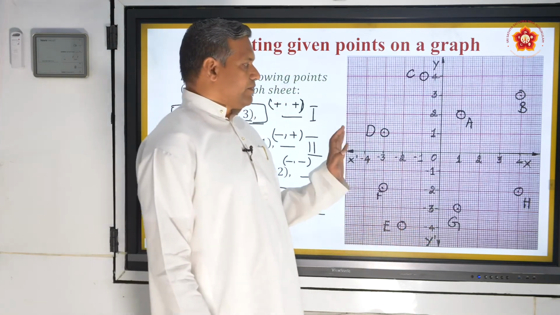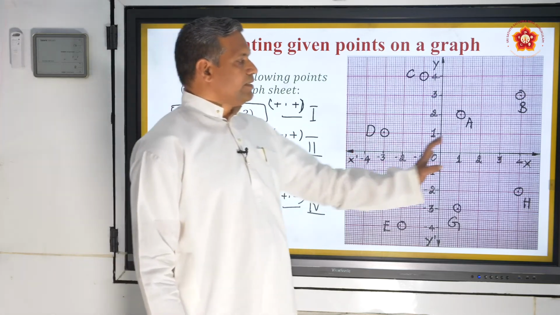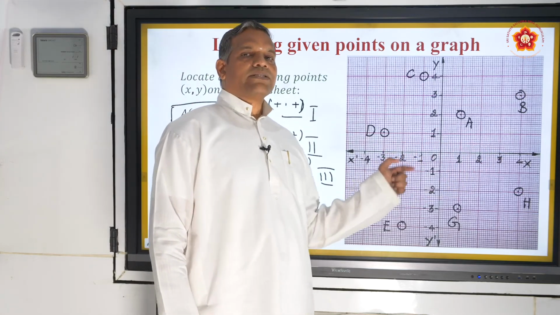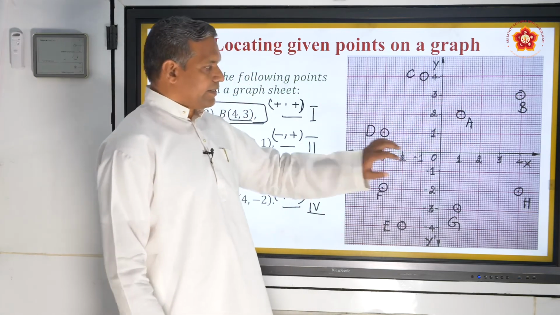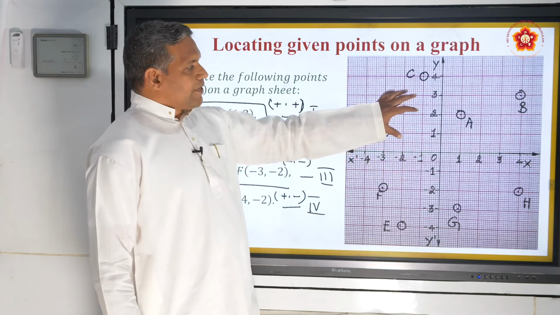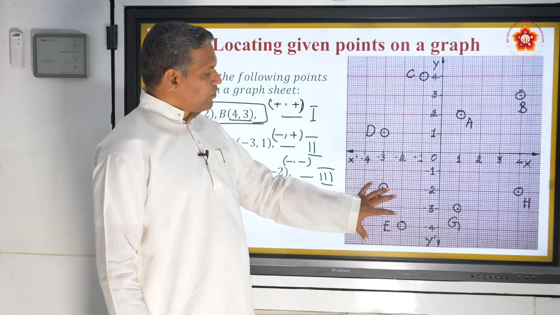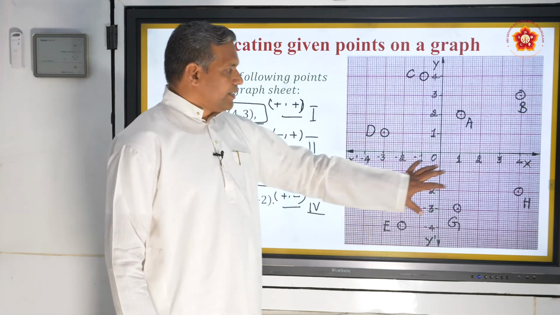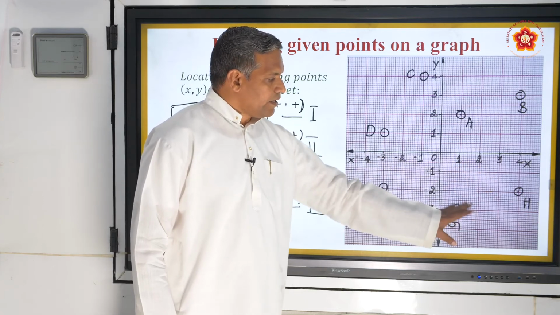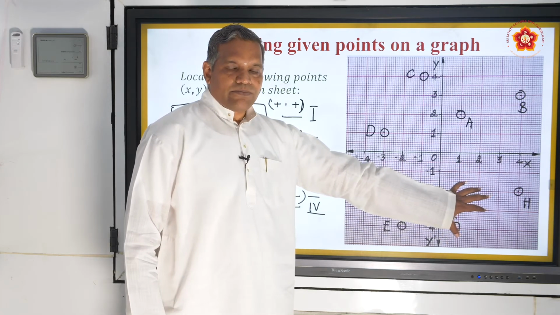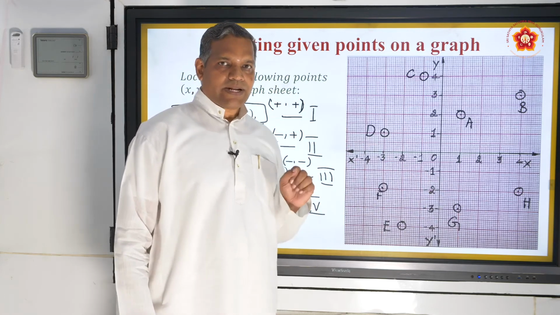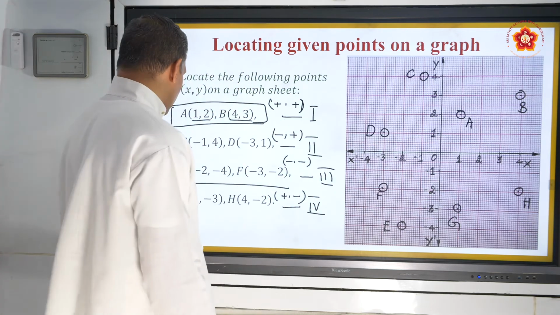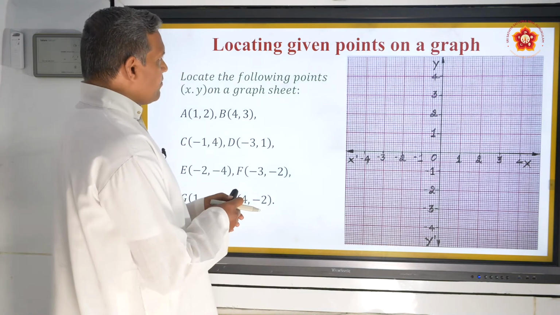And then first, whenever coordinates are given, first you search in X axis and next you search in Y axis. Both positives bring you first quadrant, and here one negative, next positive brings you to second, both negative brings you third, and then positive X and then Y coefficient is negative brings you fourth quadrant. These are the 4 points of memorization. Remember these 4 points and don't forget to represent similar way.